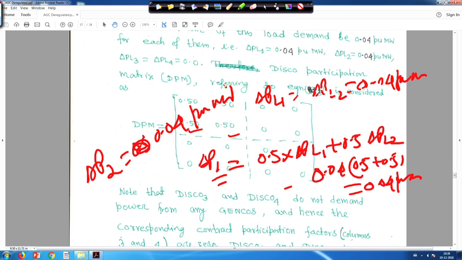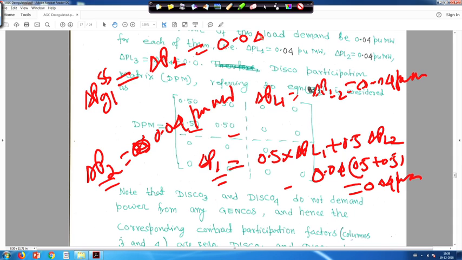So, that means at steady state, as this is the contracted power demand, that is 0.04, this is also 0.04. That means at steady state, generating unit 1, delta Pg1, will generate delta P1, that is the contracted power demand total, and that has to be equal to 0.04. Similarly, at steady state delta Pg2 is equal to delta P2, which is 0.04 per unit megawatt. This has to be generated at steady state.